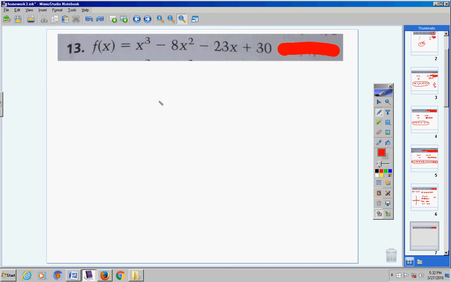So here we go. My lead coefficient is 1. My constant term is 30. The factors of 1 would be 1 times 1, or just 1. The factors of 30 would be 1 times 30, 2 times 15, 3 times 10, 5 times 6. There we go. So put 1 over 1, you get 1. Put 30 over 1, you get 30. 2 over 1 is 2, etc. So your list would be plus minus 1, plus minus